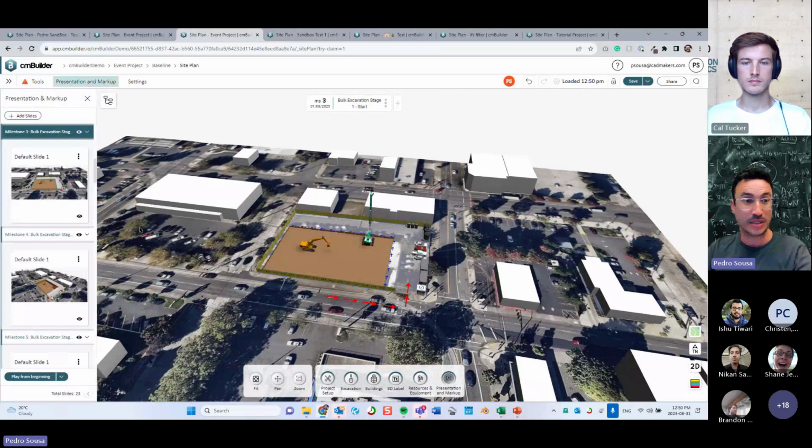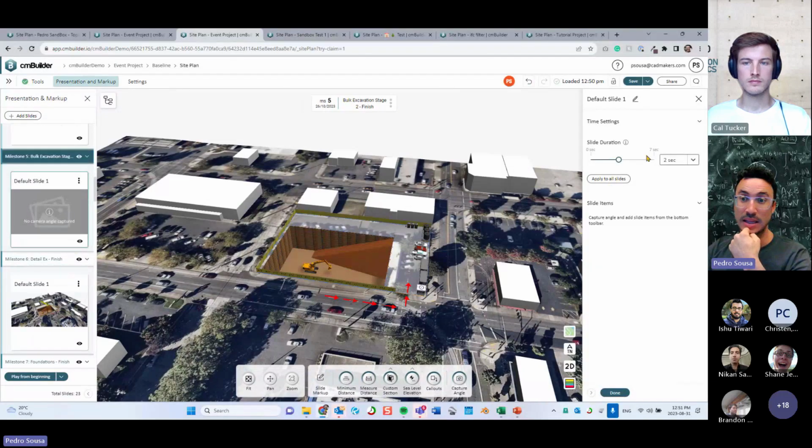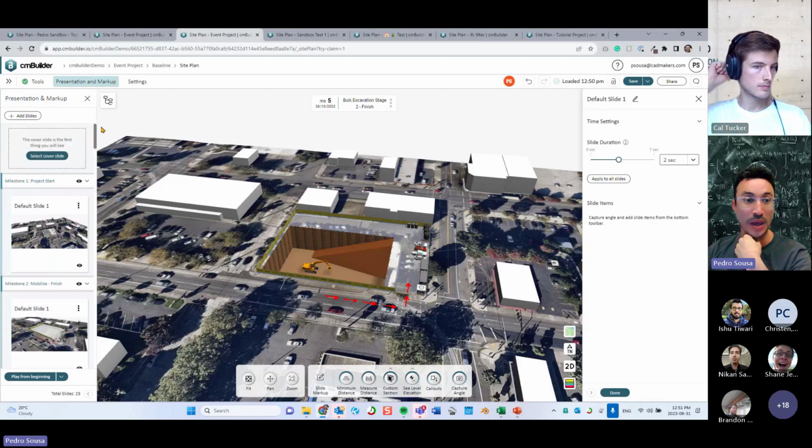So if you go into your presentation mode here, you can click on one of these slides, and now the duration can go down to 0. It means that those parts are going to play a little bit faster. And just to showcase that,